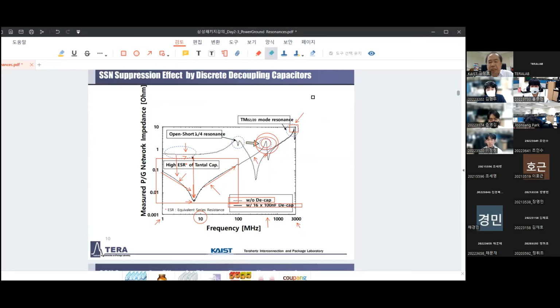Again, in the previous slides, I was using the iPad. This is a PDF file, so I'm a little bit confused. But anyway,